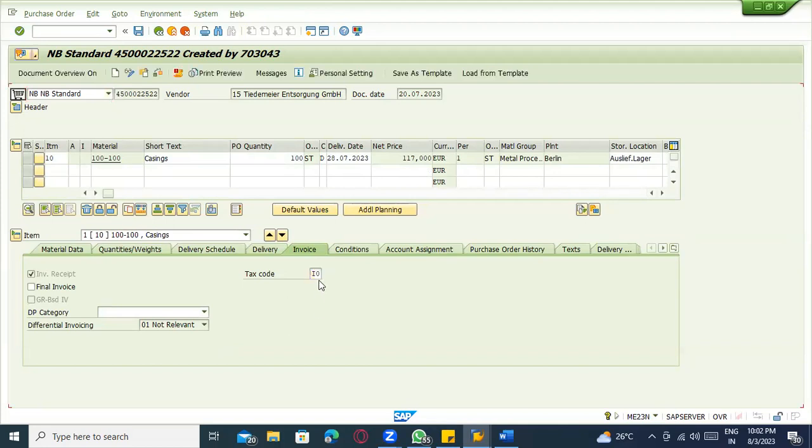Once this tax procedure is entered, the taxes button will come, if the tax procedures and everything are maintained properly. So let's see what tax code it is.